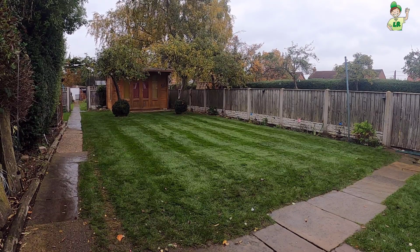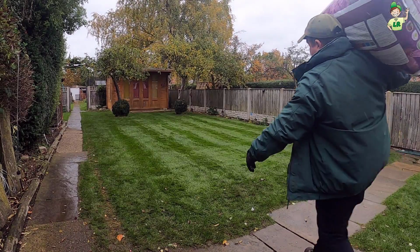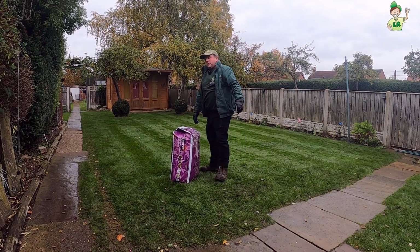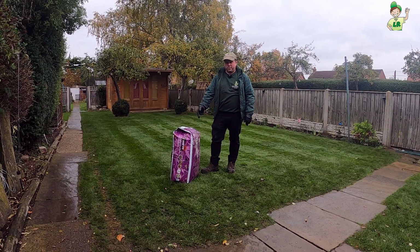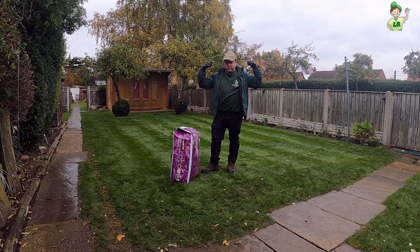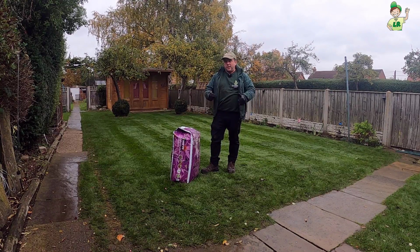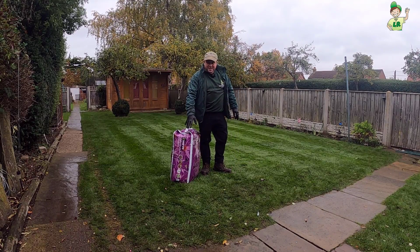Right guys, so first thing you're going to need is a great big bag of compost. You get 5 bonus points if you can pick one of these up on each shoulder. 10 points for both, 5 for one. If you can keep doing that, I'll give you 50 bonus points. Anyway, so